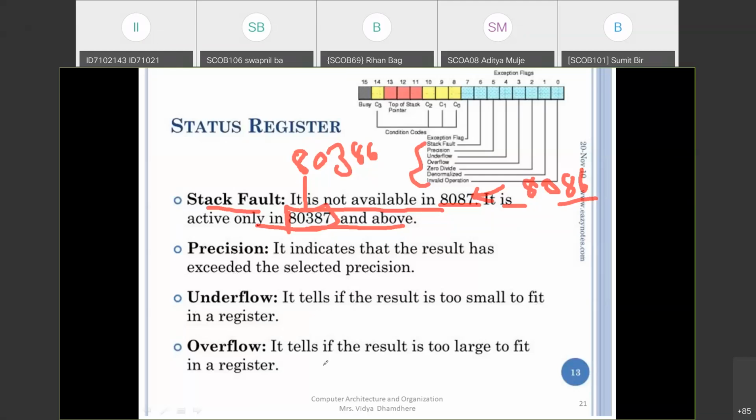For example, for underflow, if you have an 8-bit register, but your result generates only 1 bit, it is too small, so that value is an underflow. The remaining 7 bits are not utilized for storing the value. Only 1 bit is required in this case. As another example for overflow, if you have only 8 bits, but your result exceeds 8 bits, say 9 bits or 16 bits, that means you actually require 16 bits but you have only 8 bits. That is the meaning of overflow.